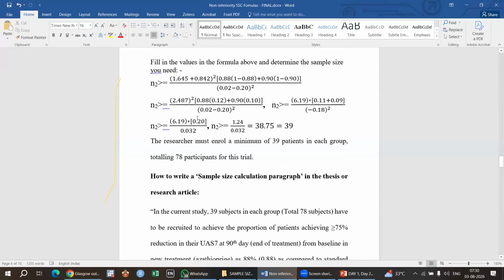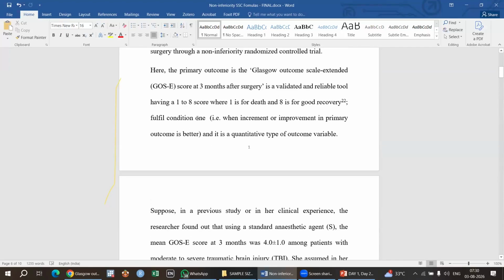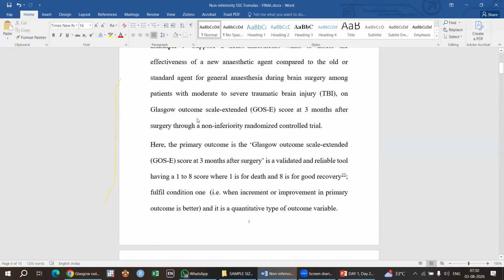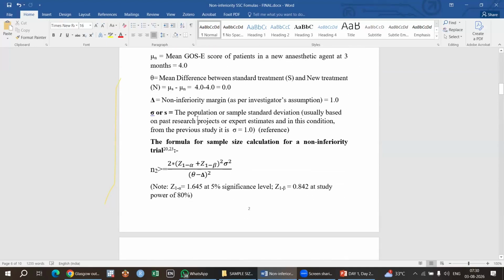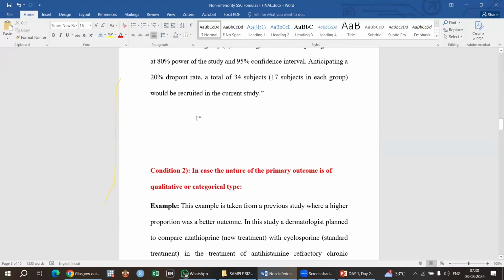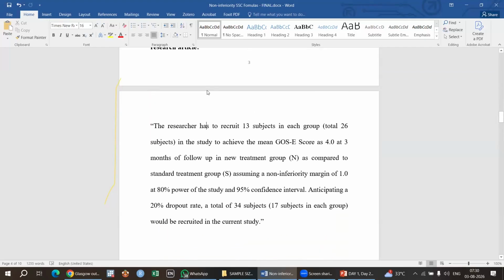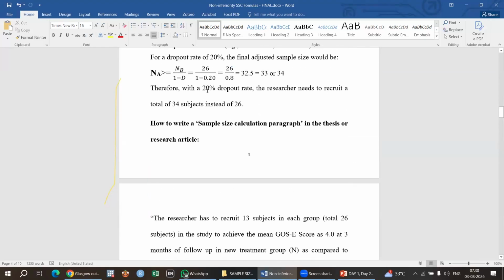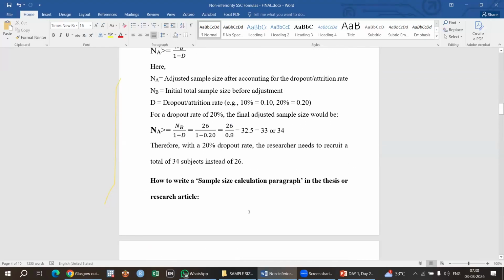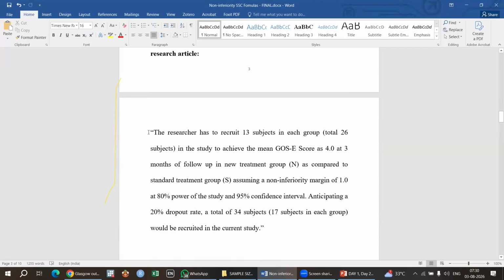Sorry. Where is the adjustment we have done? Oh, sorry. One minute, where is the adjustment? You can do the adjustment, no problem. Yes, this adjustment we have done. With 20% we can calculate the sample size, no problem. We have done this, and this is the sample size calculation formula statement. I will send you, please see this.